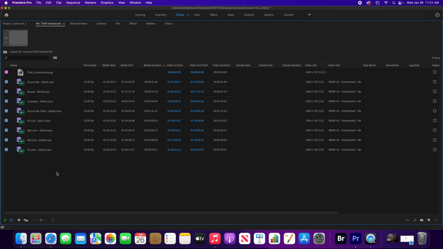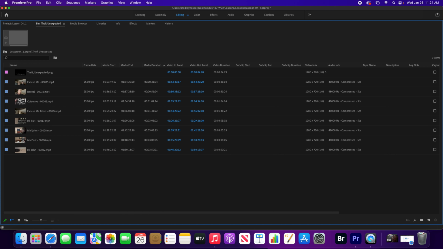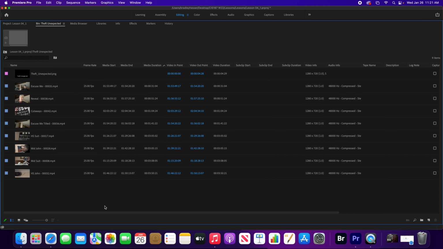As we go through to work with this, you may want to see other information. Maybe you don't want to see just the film strip. You want to see a preview of that. Well, we come up here to the panel menu. Down here we have thumbnails. If you toggle thumbnails on, you will then see the thumbnail there on the left-hand side. We can now adjust the size at the very bottom of the panel, all the way to the right,